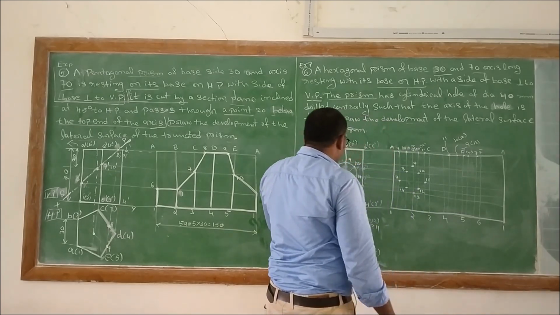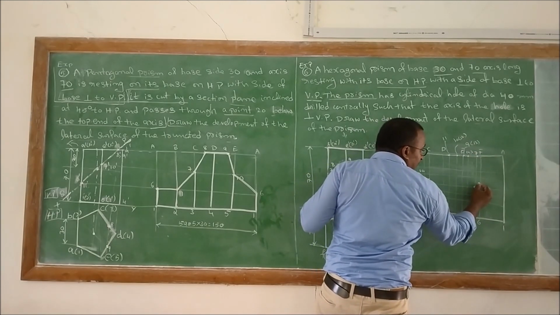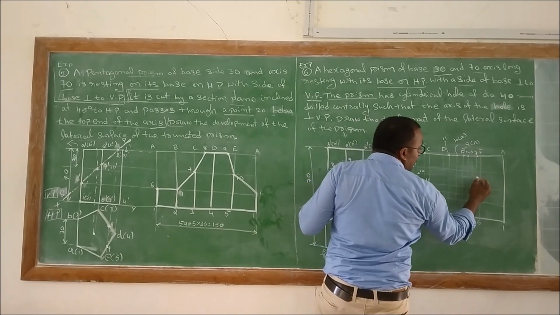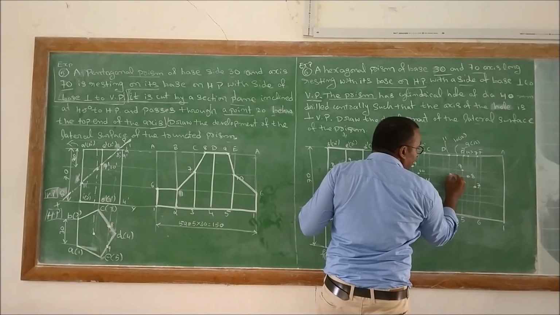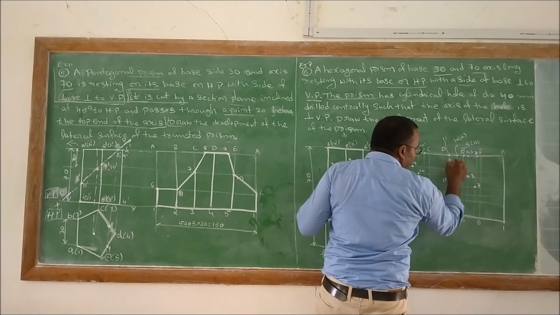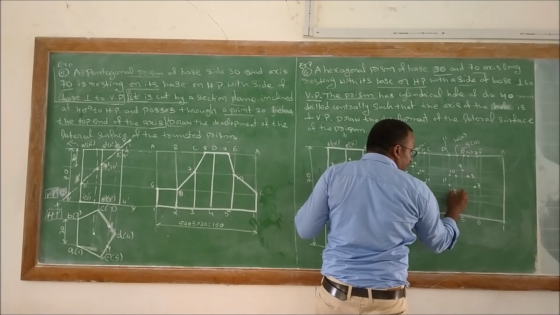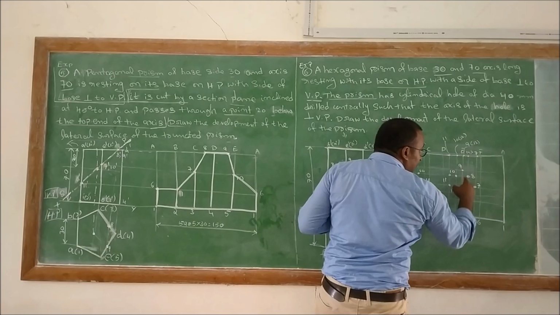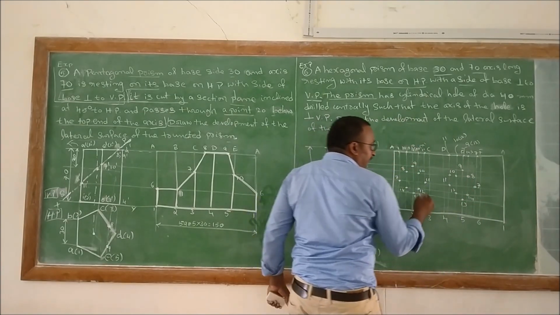Now we need to mark the intersecting points of 7. Here it is 7, 8, 9, then 10, 11, and the 11 dash intersecting point, and 12, the 12 dash intersecting point will be 12. Here it is 13 and the 13 intersecting point, and here it is 14. Now we need to combine all of them.